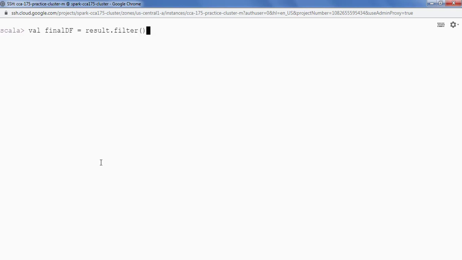Inside filter I'm going to say my column order_date should be like 2013-07, that is from July 2013, .select. Now just give me order_date and order_status.